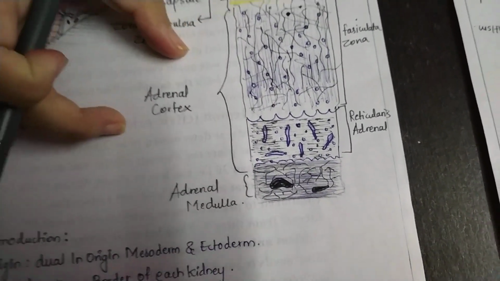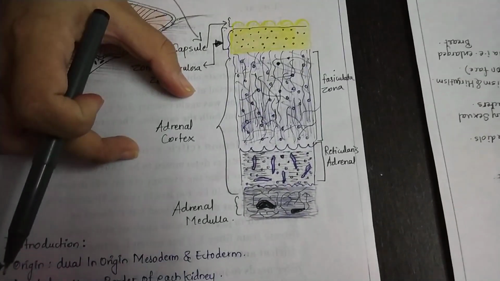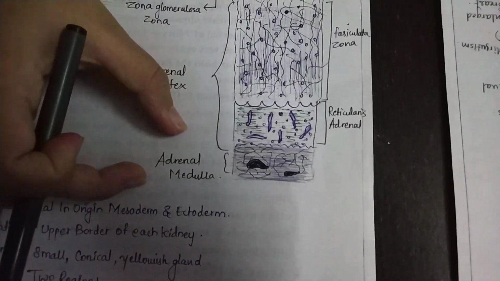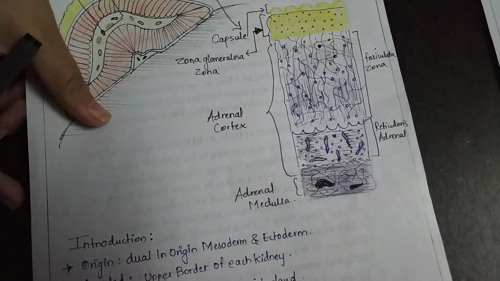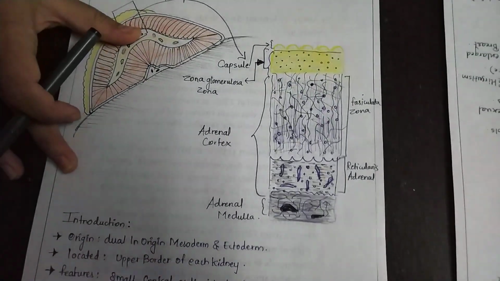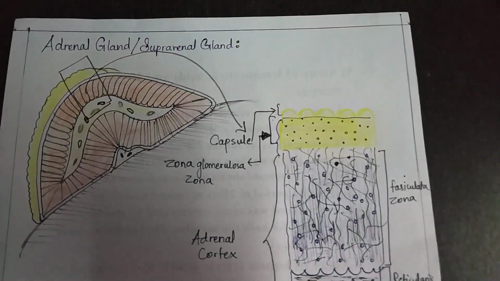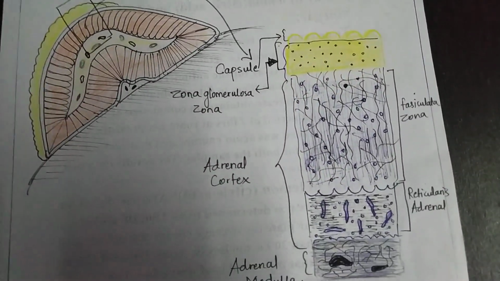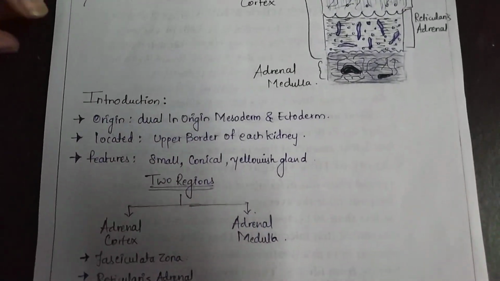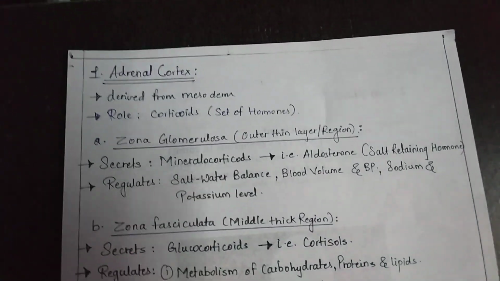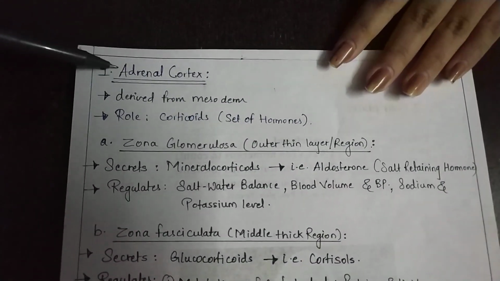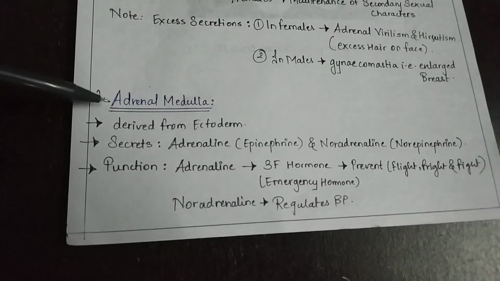There is a certain set of hormones secreted by the adrenal cortex, and a certain set of hormones secreted by the adrenal medulla. So let's deal with it, students. I hope I've made myself clear with this diagram. Just have a look at it properly. Okay, so let's begin with the third part. See students, as I stated, there are certain hormones with respect to the adrenal cortex, and basically two hormones from the adrenal medulla.